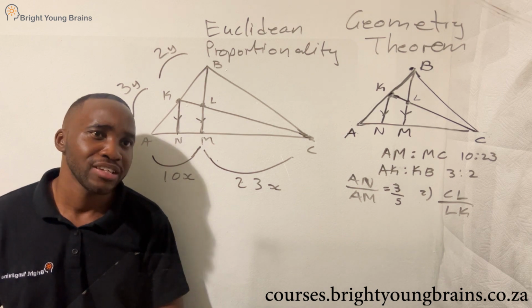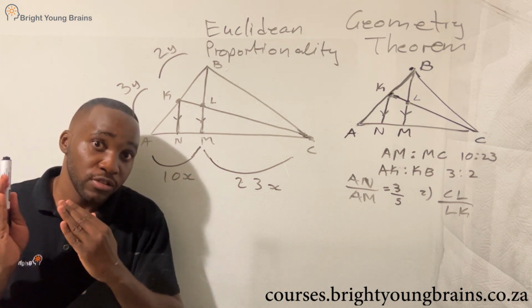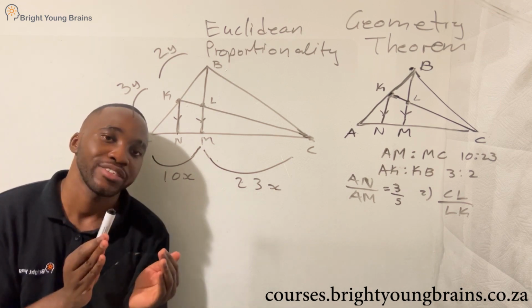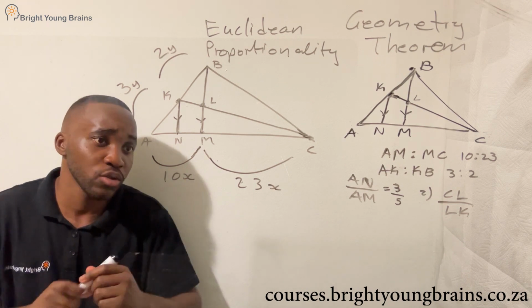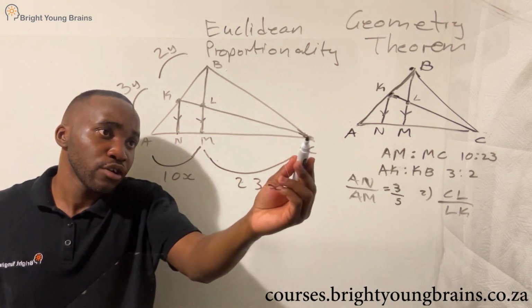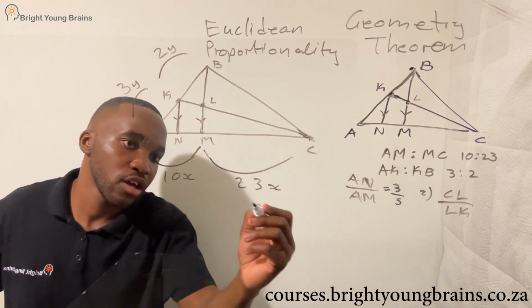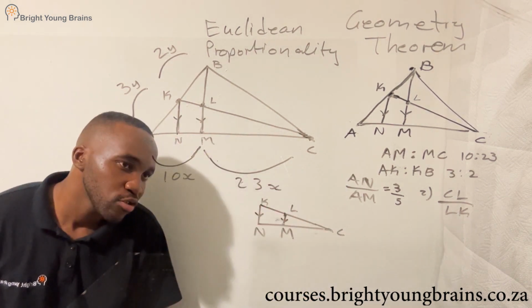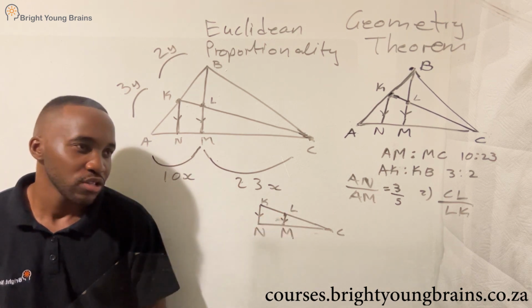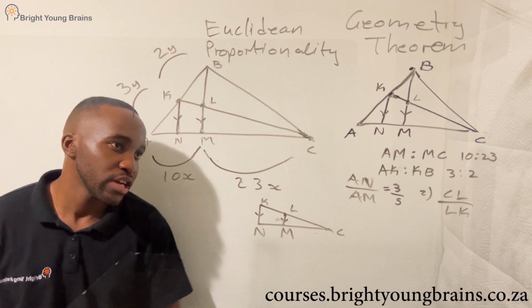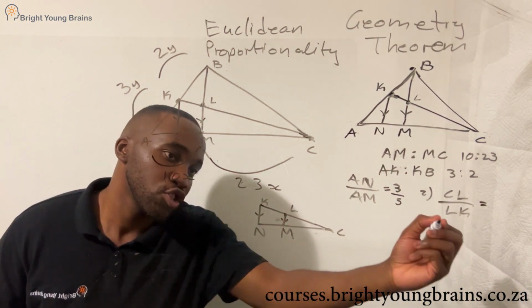Now, according to our proportionality theorem, whenever you work with the proportionality theorem, just like what we mentioned in the previous video, you want to work with a portion of the sketch, not the whole thing. Sometimes you just need a portion of the sketch. And this is what I mean. Technically speaking, if you're going to get CL and LK, then you might as well focus on this sketch, because if you focus on this sketch, then automatically you'll see that CL over LK is just equal to